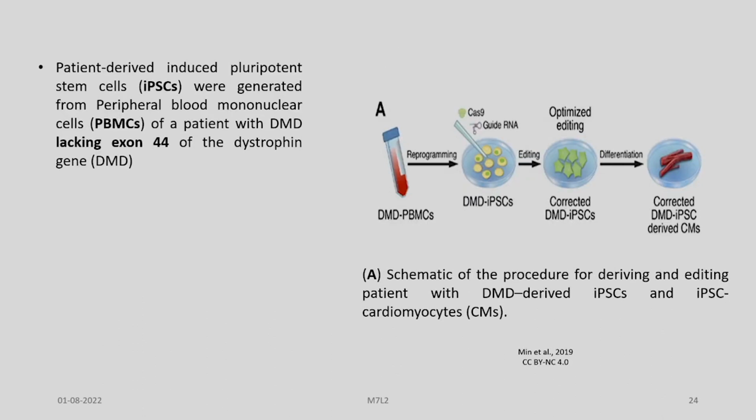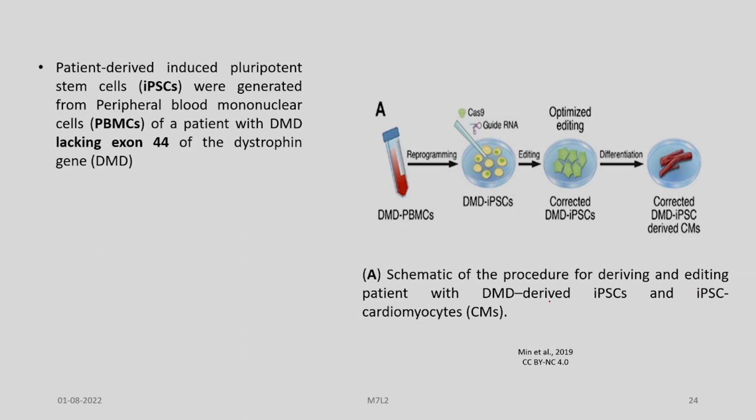So, as already discussed, we harvest the cells from the patient. Here we are taking patient-derived induced pluripotent stem cells. These are generated from the peripheral blood mononuclear cells of a patient with DMD lacking exon 44 of the dystrophin gene. Here is a schematic of the procedure for deriving and editing DMD patient-derived iPSCs